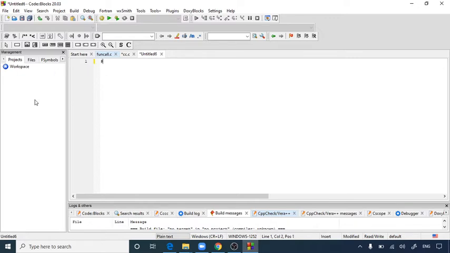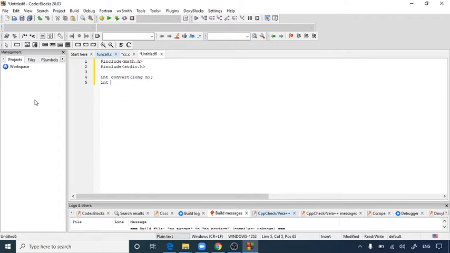Now let's start by including our header files. Here I am going to use some mathematical functions, that's why I need the math.h library, and then we need the standard input output library, that is stdio.h. So I have given two header files. Now let's declare a function to convert the binary number into a decimal number. So I'm going to use int convert, and inside that I'm going to put one parameter, that is long n, as the number. So here I have declared my function.